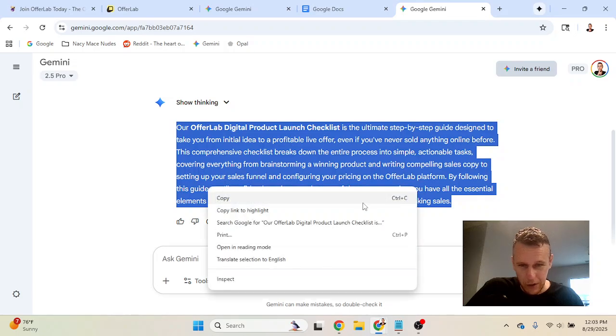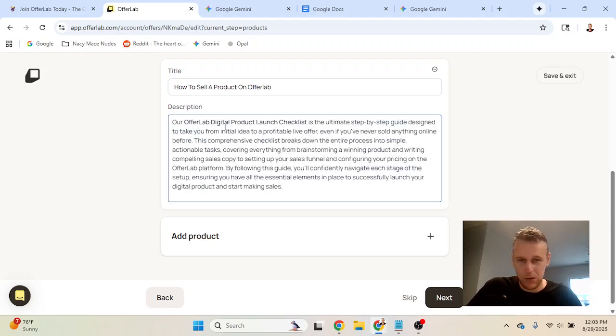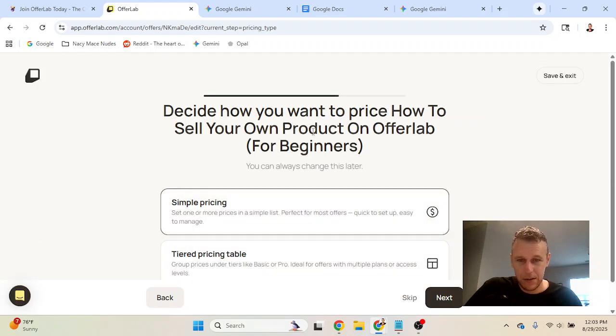Looks pretty good. I'm not going to read it to you, but it describes the product I'm looking to create pretty well, so we'll go ahead and paste that in there. And we'll click next. Describe how you want to price